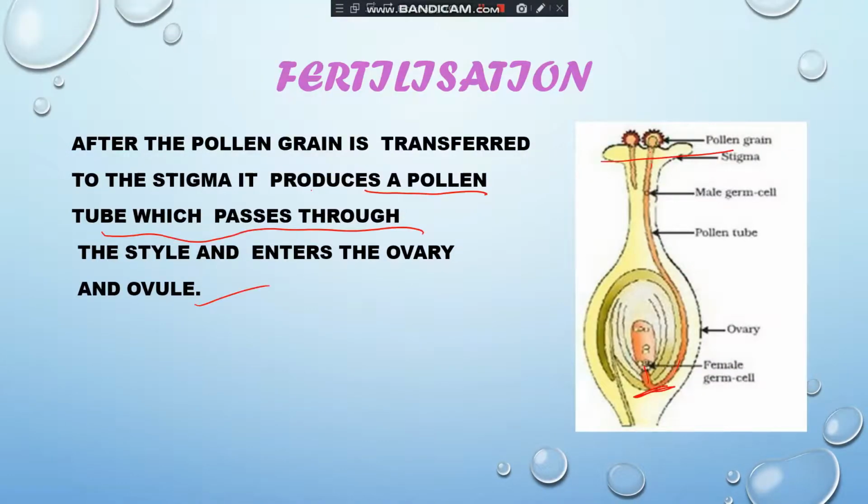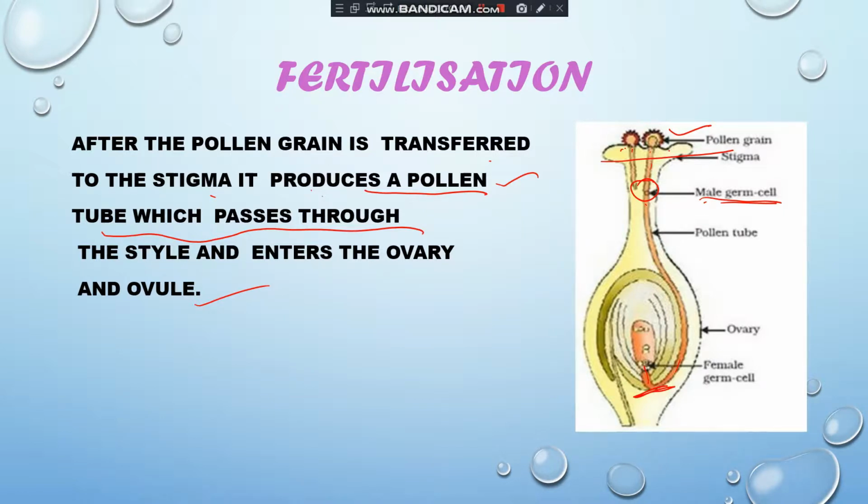From here, after the pollination, the pollen transfers to the stigma. You can see over here the pollen sits on the stigma. Stigma is a sticky part of the female reproductive part, carpel. And then when they sit over the stigma, the pollen starts developing a tube. You can see over here. This tube is known as pollen tube. Through the pollen tube, the male germ cells come from the pollen tube and enter the ovary, from the ovary to the ovule.